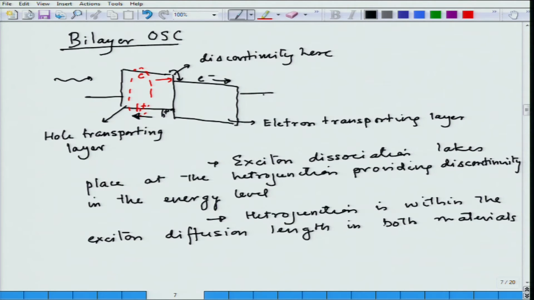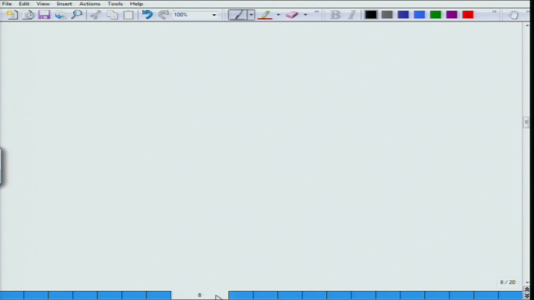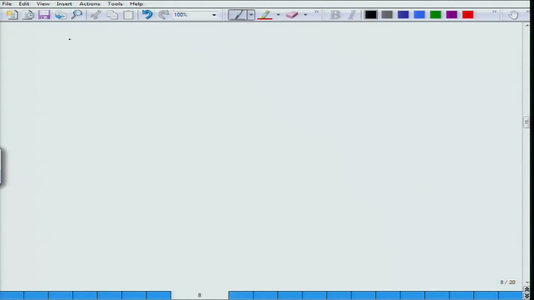Now, this was possible, but it is more difficult to make bilayer solar cells. So, the next design, which ensures that one finds interfaces for exciton diffusion close to the exciton generation, and the second structure which is very common, uses the bulk, it is called bulk heterojunction